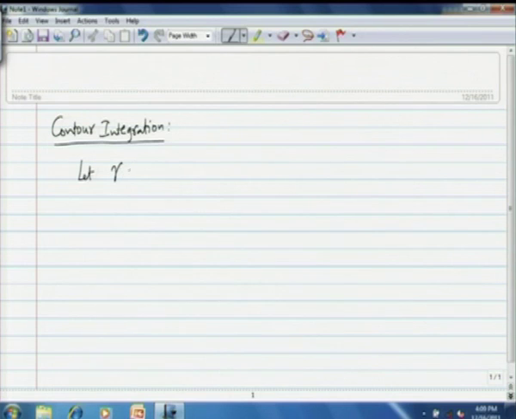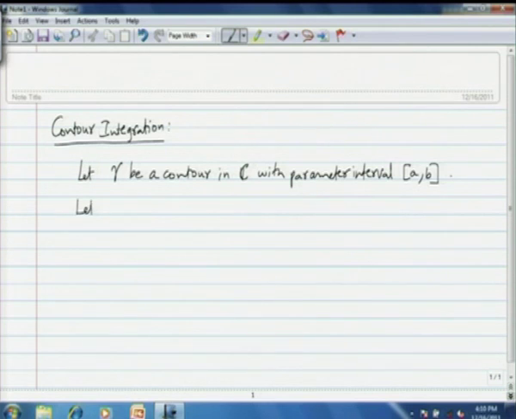Let gamma be a contour in C, the complex plane, with parameter interval [a, b], and let f from gamma star, remember that is the range set of the contour gamma, to C be a continuous complex function. Then define